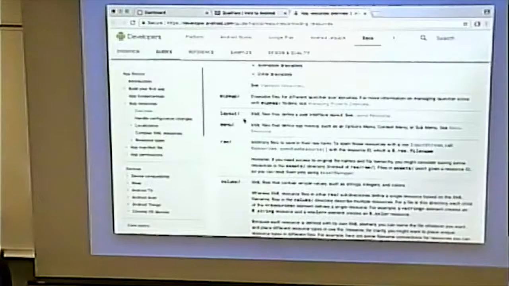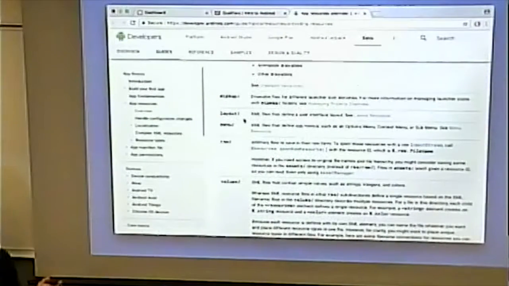All right? We're going to see a few examples of these. The examples we're going to see right off the bat are going to be for languages and for the screen density. Those are kind of the most obvious ones. And then we might get into other ones as the semester progresses. An obvious case of this is if you had an application on a small screen versus a big screen,